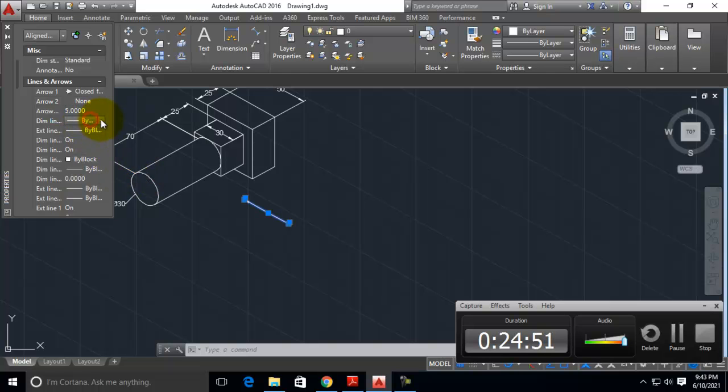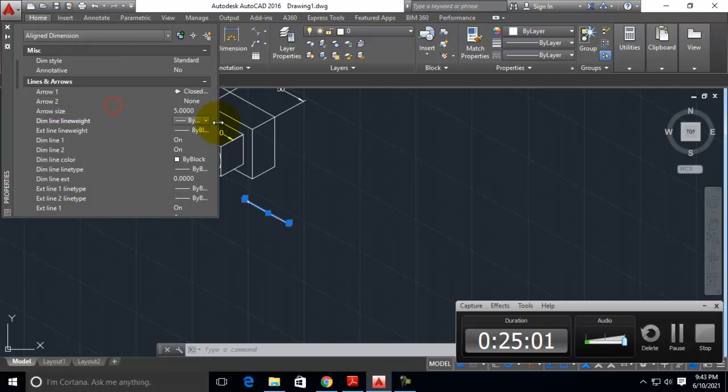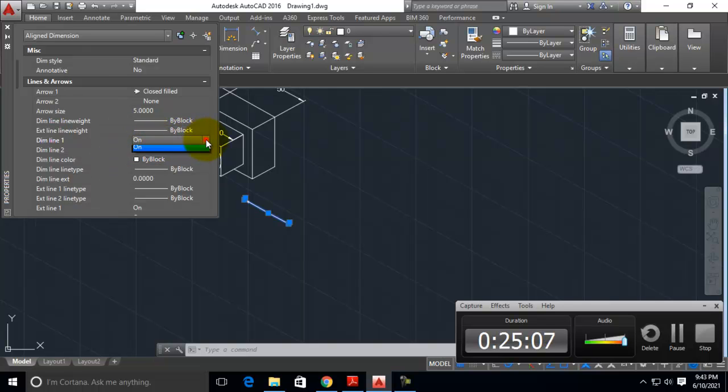Also the dimension line you can use. One second, I will extend this just to know what the names are. Dimension line 1 you can switch off. Actually it is not correct. Dim line no need. Extension line, you have to check extension line, it's not available.